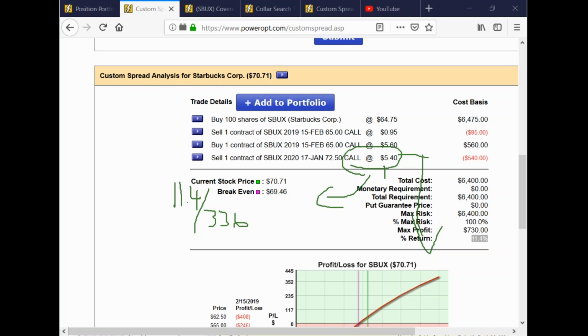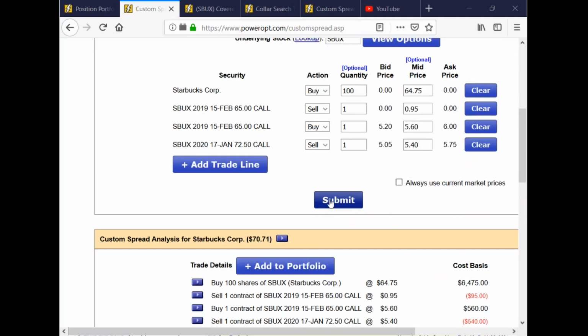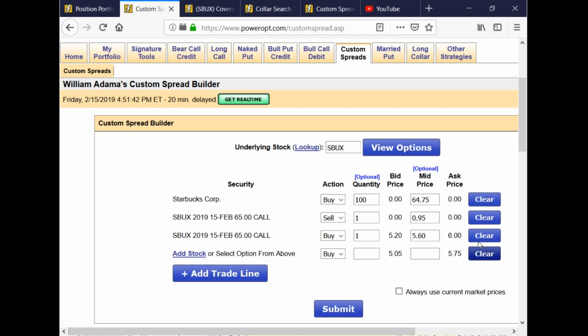So there are ways to manage it. The Power Options tools will help you. Check out that video on YouTube regarding rolling the covered call position. In this case, I could have rolled to March and it would have worked for me, and that's what's shown in the video, when I rolled up to that March 8th position,